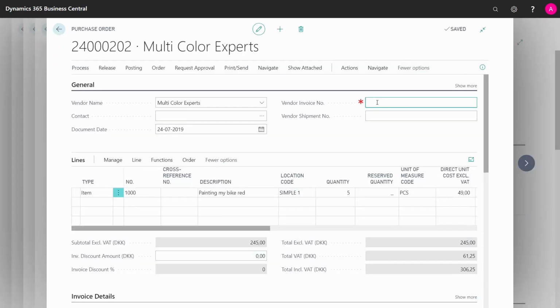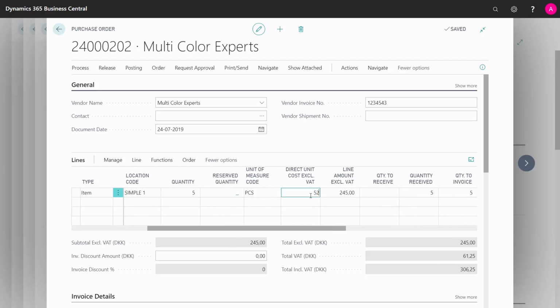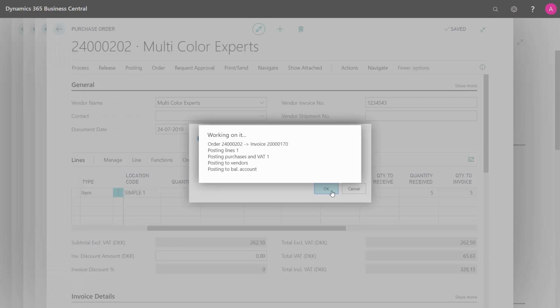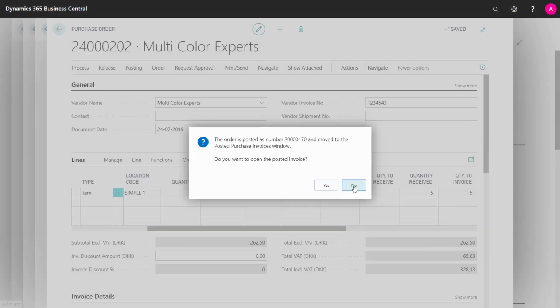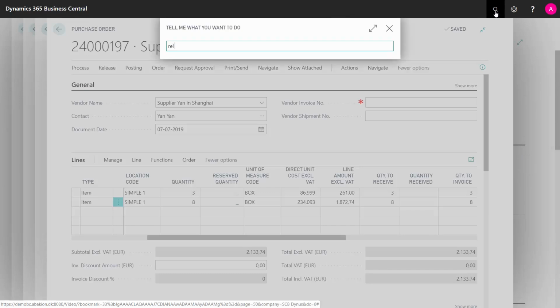and I enter my invoice number like this on the purchase order, and maybe on the actual invoice the cost was something else, so I will just enter my changed cost and I post the invoicing of the purchase order. Here we are. Now when I look at my released production order,